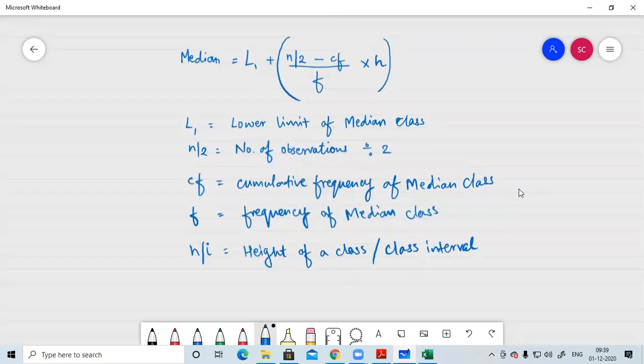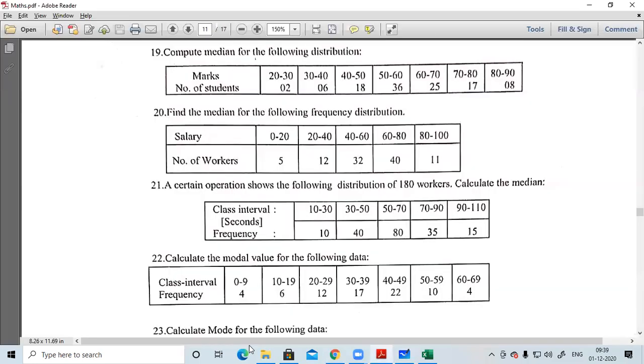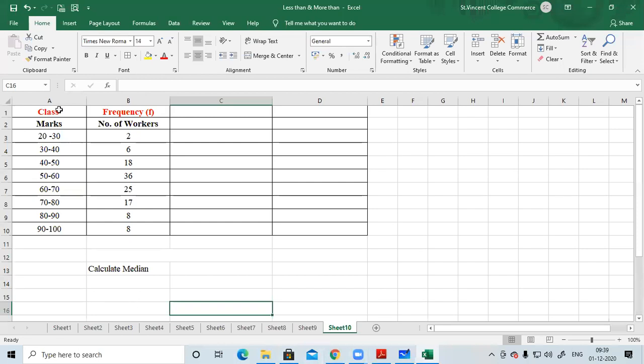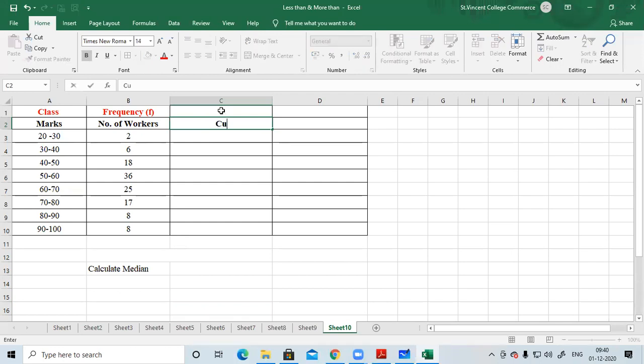So this is the formula. Now let's start and understand. If you observe, there is one word which is repeated quite a few times, and that is median class. So what exactly is a median class? Also, you'll find the words cumulative frequency here. So what we have to do next is, whenever grouped data is given to you, find the next column, your cumulative frequency, and this is your less than cumulative frequency.